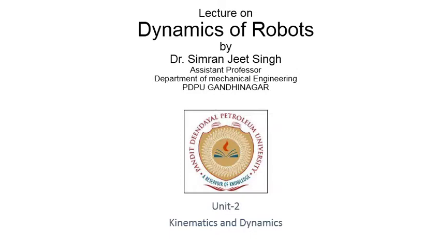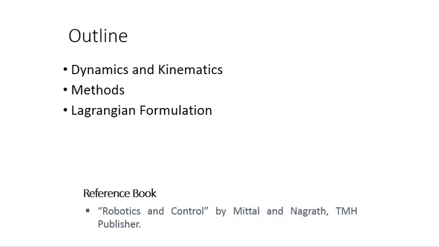That means we have neglected the mass of the links, and what are the different torques that have to be generated, and what are the different forces acting on links. We have already ignored these. Now we are going to study all these parts, so that is included in the dynamics of robots. So in this we are going to study the difference between the part we have already done, that is the kinematic modeling part, and what we are going to do in the dynamic part, the difference between these two, and what are the different methods of formulating the problem based on the dynamics.